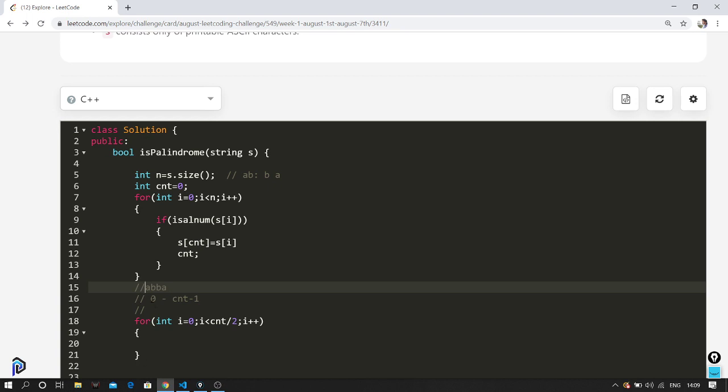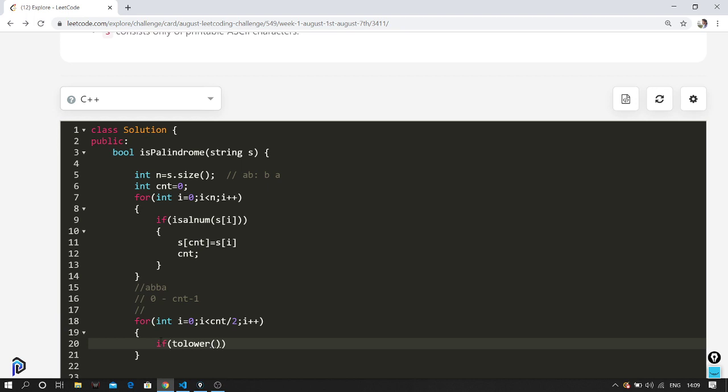So I'll iterate over the first two elements alone. We also need not consider the upper and lower cases, so I'll convert both of them to lower case.